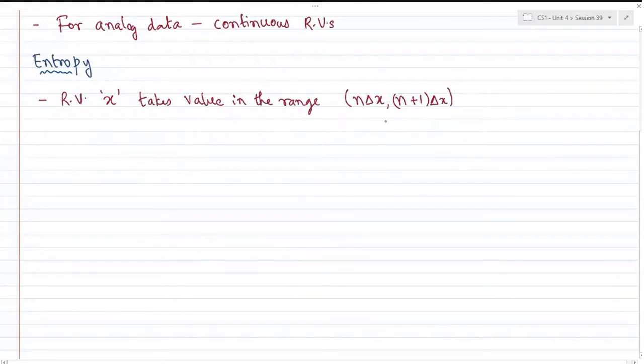So a sample value between n delta x and (n+1) delta x would be a random value which will fall within this range, and that is true for any n that we consider. Okay, so this random variable x will appear